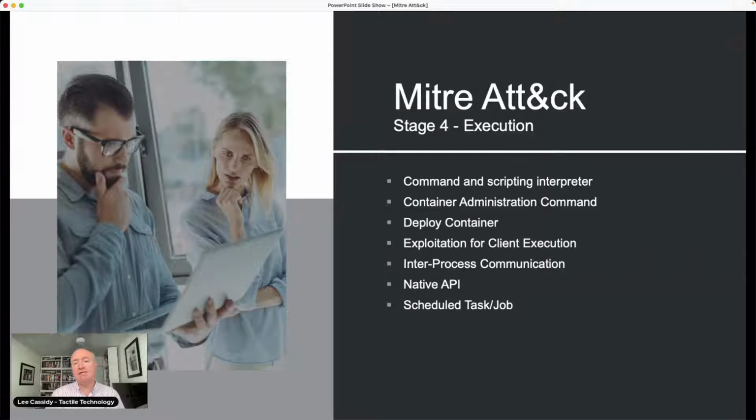They can also utilize the job scheduling and task scheduling capabilities within the operating system. So most operating systems, Windows, Linux, have got these mechanisms where you can actually set a job to run on a particular time on a particular day. So that could be every hour, every day, or 2 a.m. in the morning every day. So you can actually set a job up to run a specific piece of software or launch a particular piece of software, and off it goes. So again, they could schedule a task or a job to be run on the operating system at a particular